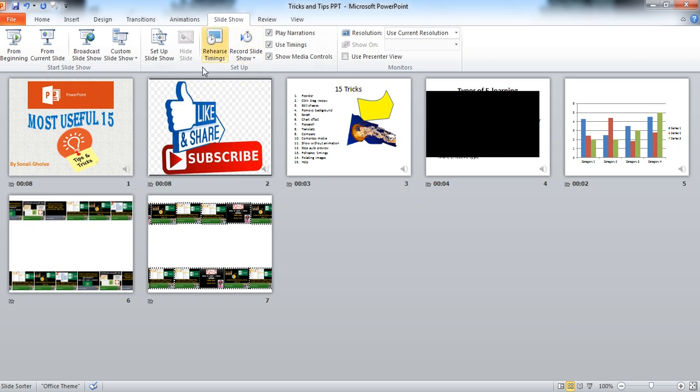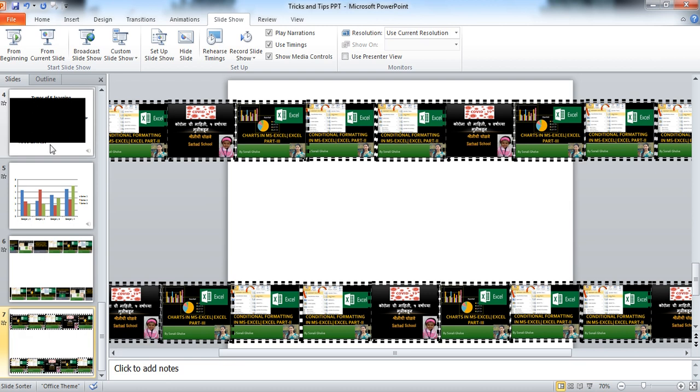Okay, after this, here is the timing. Okay, it is Slide Sorter view. Here is the timing for each and every slide. This slide takes this much time, this and this. You can use this timing for your practice, and note that suppose you have recorded this the first time, please try once again and check the time required between the two presentations. Okay, in this way you can manage your time. I am going back to the normal view of the presentation.